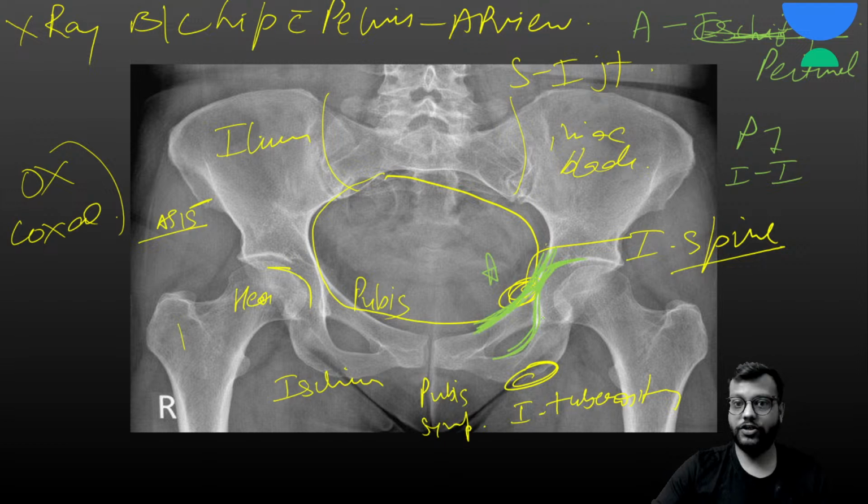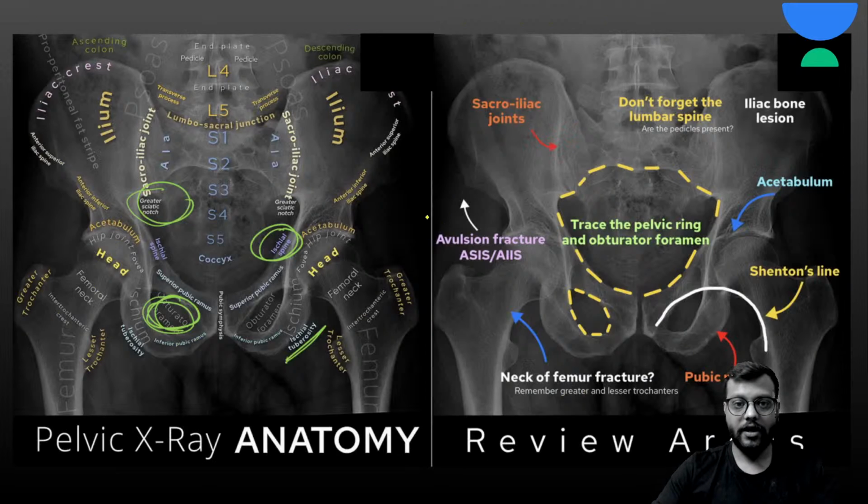Remember this, all these surface markings are important for you. Here you can see in the diagram also, these are the superior pubic rami and this is your inferior pubic rami. Okay, and this is your obturator foramen, we have already discussed. Here below will be the ischial tuberosity, above will be the ischial spine. This part is your greater sciatic notch. Okay, so this is the normal X-ray anatomy of the pelvis, very important for you.